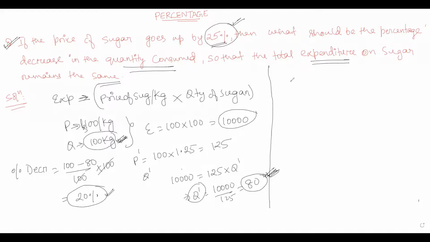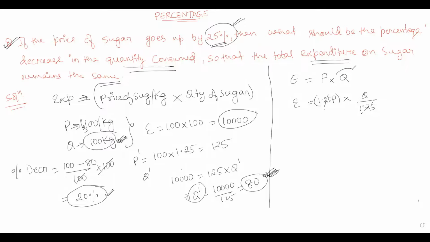Okay, so now let us see one more approach of solving the same question. Let us denote the expenditure by E, the price of sugar per kg be P, and the quantity be Q. So we can say that total expenditure is price times quantity. Now the question says that the price has been increased by 25%. So the new price would be 1.25 times P, and the expenditure remains the same as E. So we can say that this Q has to be divided by 1.25 so that these cancel out and we have the same expenditure.